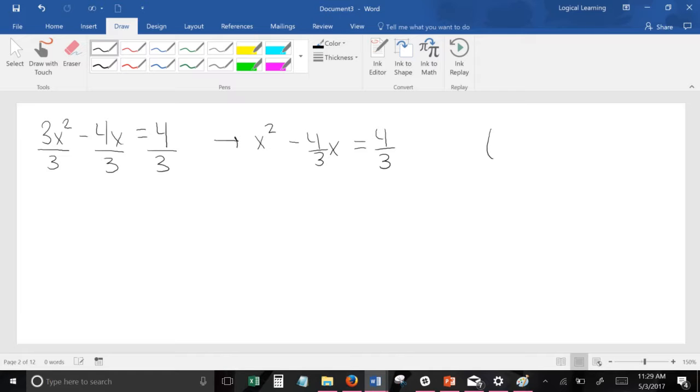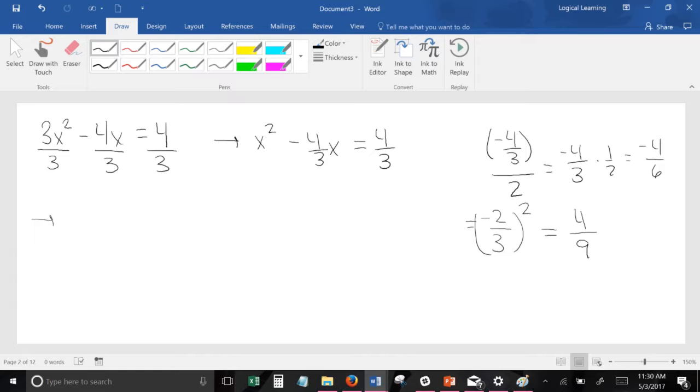Now remember, in our complete the square method, we take negative 4/3, our b, and we divide by 2. Well, that's the same as taking negative 4/3 and multiplying by 1/2. That's going to give us negative 4/6, which is the same as negative 2/3. We then square that, and that's going to give us 4/9. So using that, we're going to get x squared minus 4/3 x plus 4/9 is equal to 4/3 plus